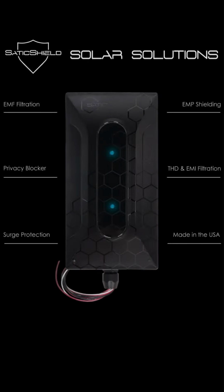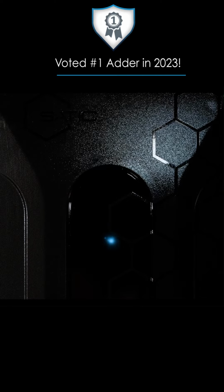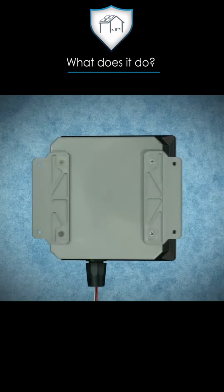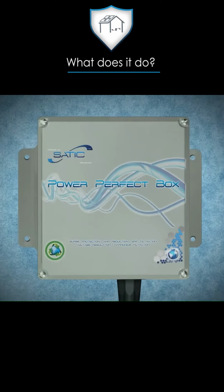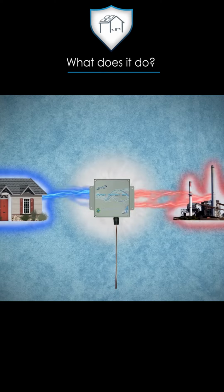American-made solar solutions. Solar Power Perfect by Satic was just voted the industry's top adder for 2023. This industry leader was recently proven to increase solar system total efficiency and peak performance by harmonizing all grid and